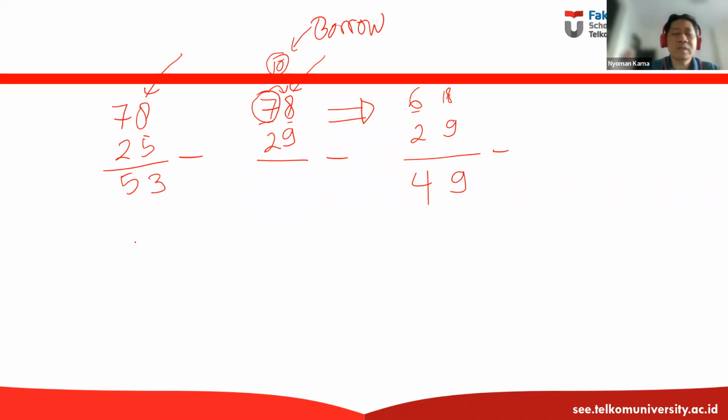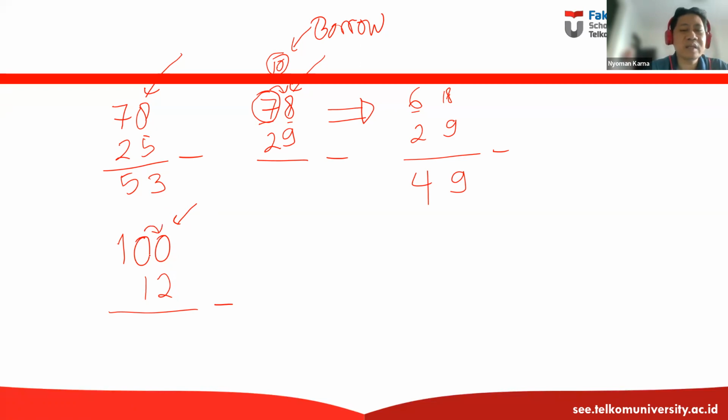Another example, say I have 1, 0, 0, just this, and then subtracted by 12. So I have 100, I want to subtract it with 12. We're going to start with the least significant symbol, 0 and 2. I have nothing, but you want to subtract it with 2. No, can't do that. So I need to borrow from here.